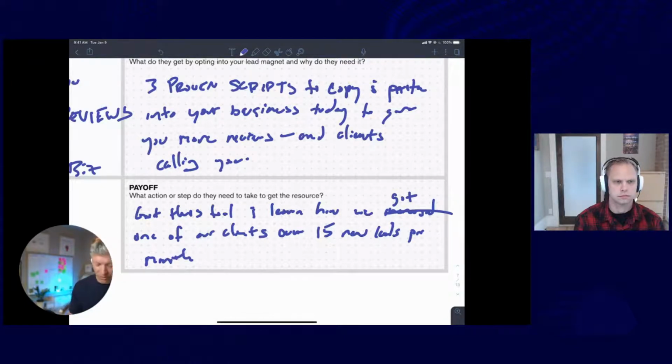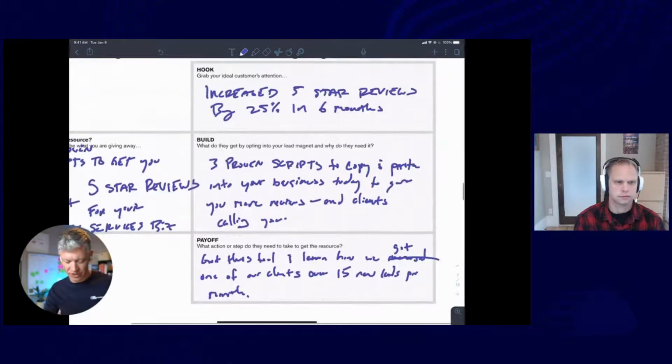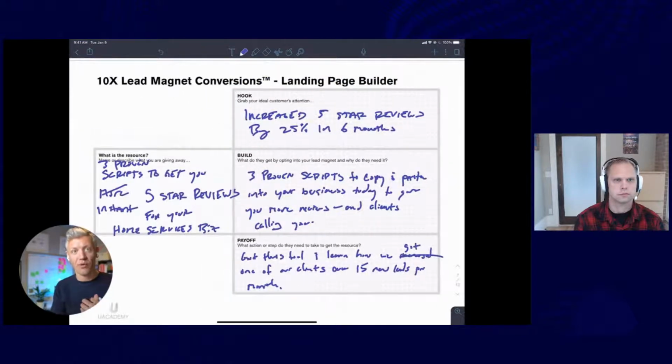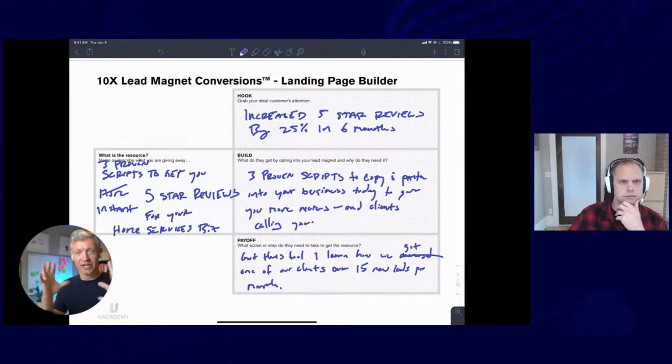All right, so we just scribbled some copy. What I'd like to do now is, I've got these notes on here. We're going to take a look at your actual landing page that you built. So I'm not kidding, folks. We just literally mapped out William's lead magnet. He's going to deliver the 3 proven scripts to get you 5-star reviews instantly for your home services